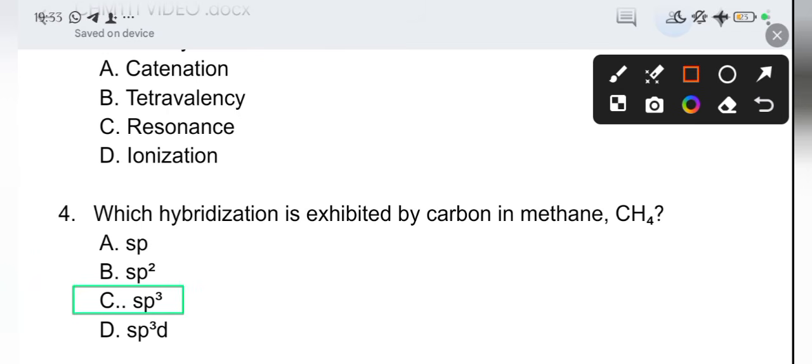Now you might be wondering why it is sp3. There is a whole lot of explanation to why it is sp3, but there is a code. Once you know that code, you are good to go. Once you see the number of bonds, that determines what your answer is going to be. If you look at CH4, you ask yourself, one carbon in CH4, how many bonds does it have? It has 4 bonds, which means that s is 1 letter, p 3 letters, that's making it 4 letters, and that gives us the 4 bonds.